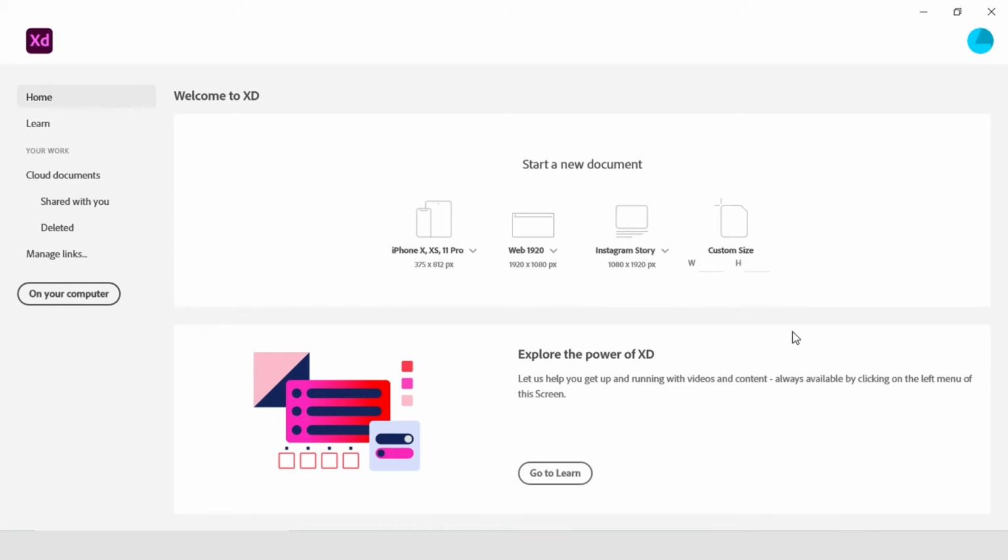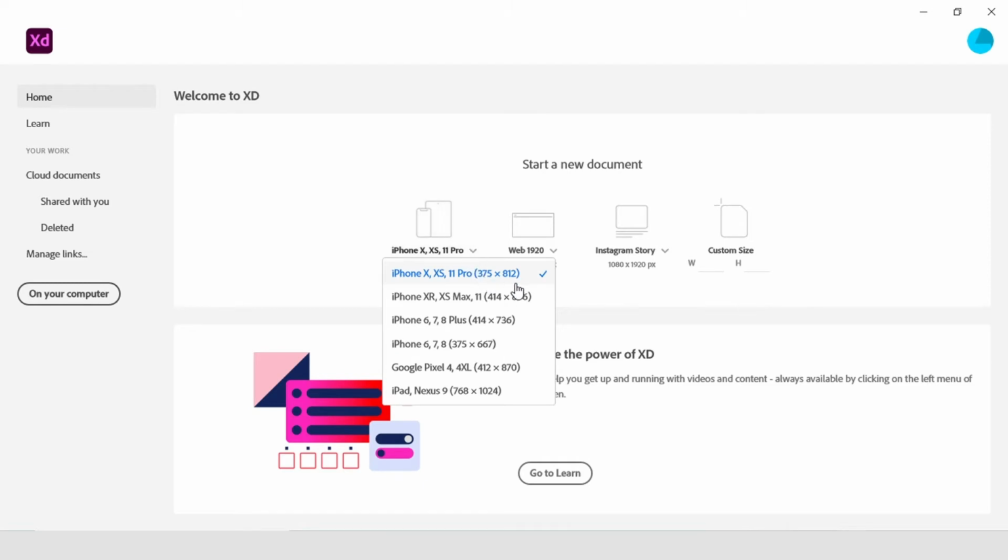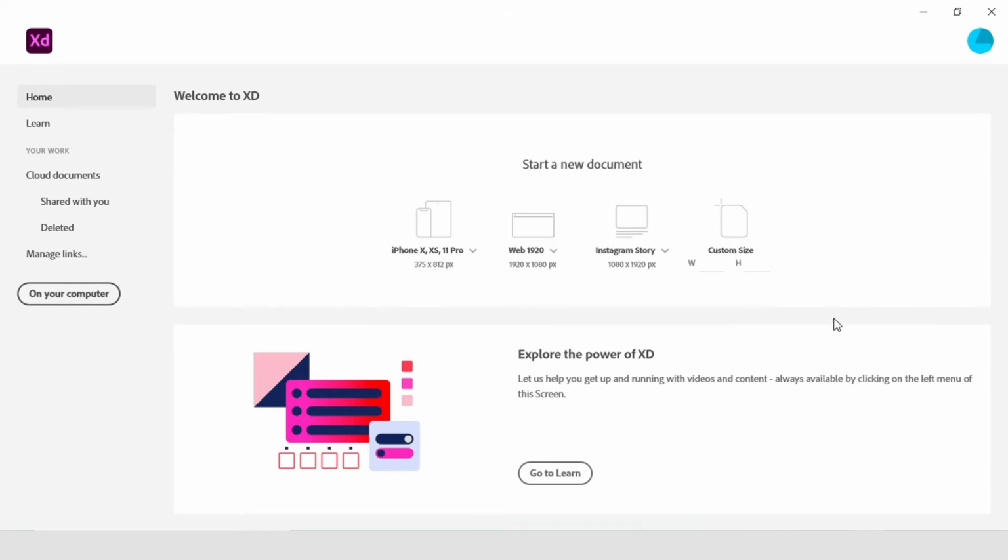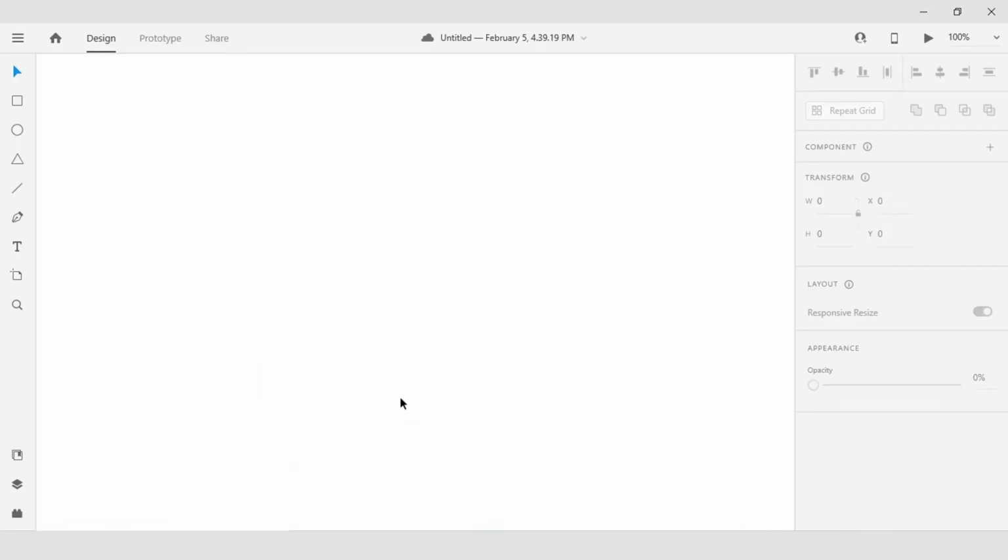You will see there are 4 classes of artboard sizes that you can choose from. For each class, like mobile, there is a drop down and there are some common devices listed in that drop down. Don't worry if you don't see the size of artboard that you are looking to work with. You can always enter that with custom values or update it later once you are in the document. For now, I'm going to come to this custom size, and without defining width or height, I'm just going to click on the icon.